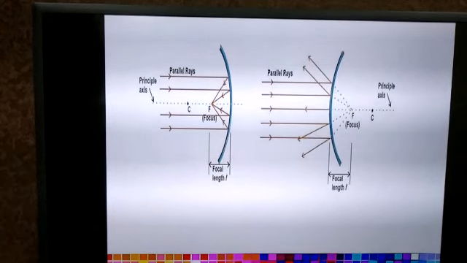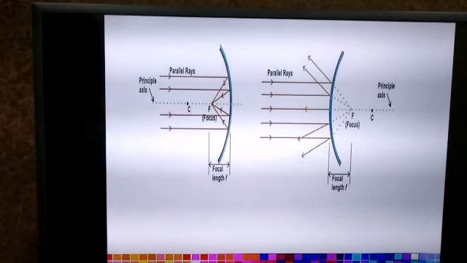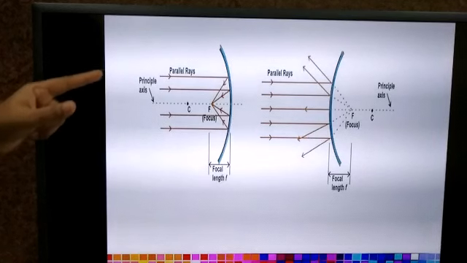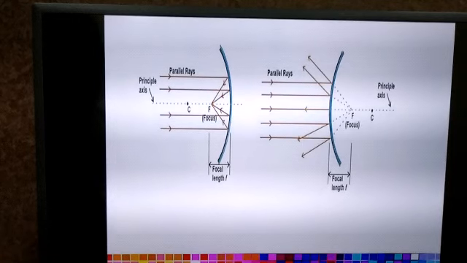In case of a concave mirror, you can see that the rays of light are incident on the concave mirror. Incident means falling on the mirror, and these rays of light are all parallel to each other. After falling on the mirror, the incident rays of light cannot pass on to the other side of the mirror. Why? Because the mirror has become an opaque object because it is painted from the other side. So what will happen here? Reflection of light will take place. That means the incident rays of light will turn back or they will bend. We have studied that the turning back of rays of light after falling on a surface is called reflection of light.